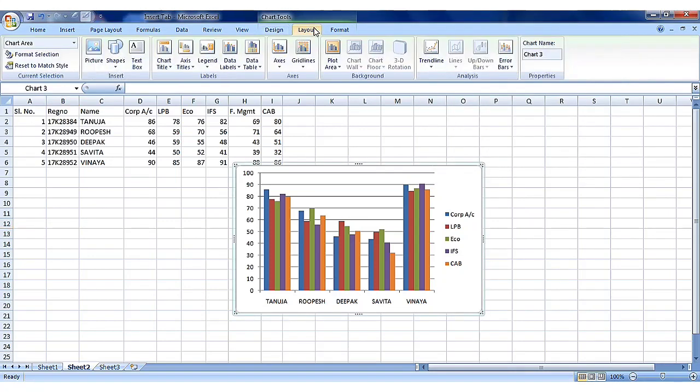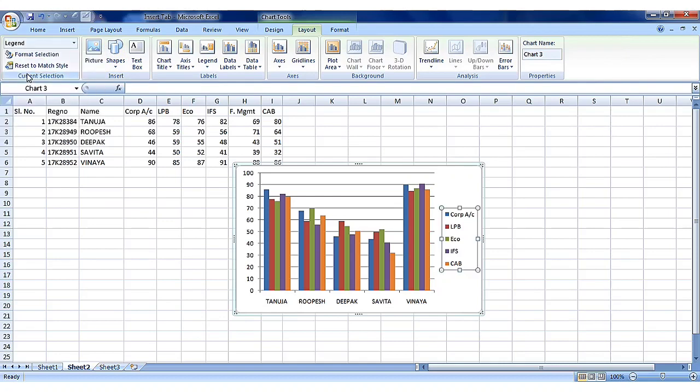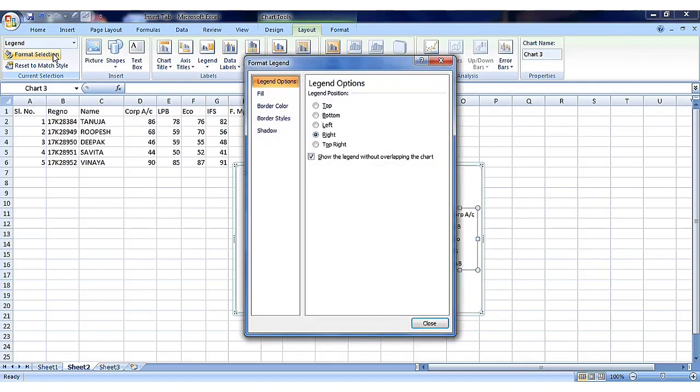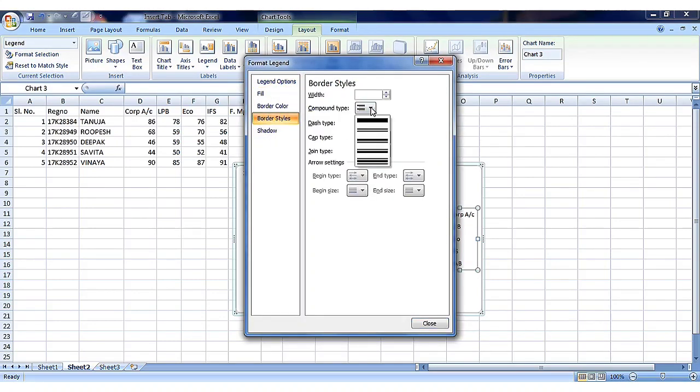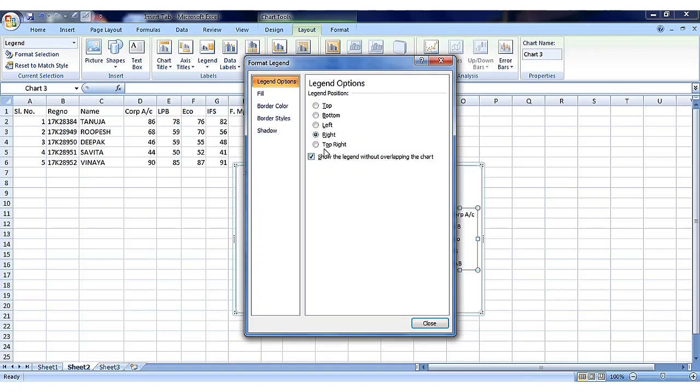Next, using layout tab, you can format selection. You can format legend entries. You can set different border style. You can format selection.